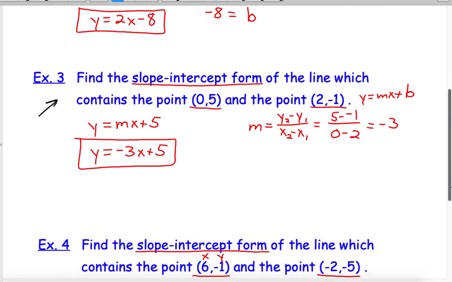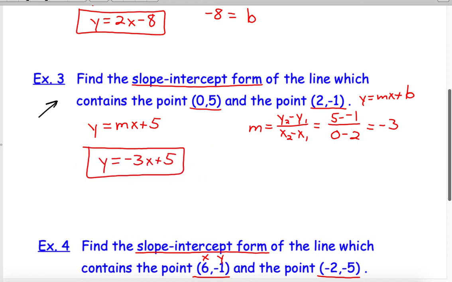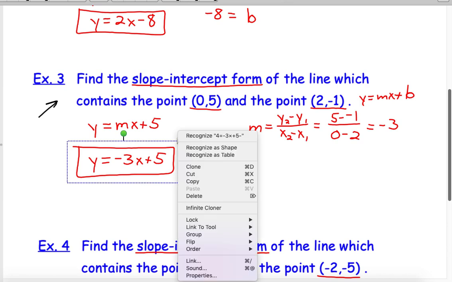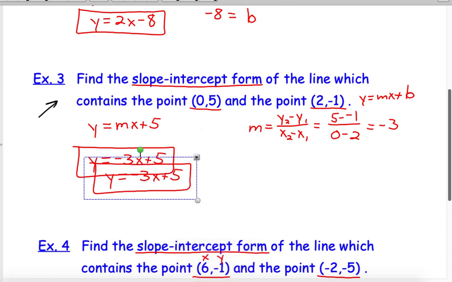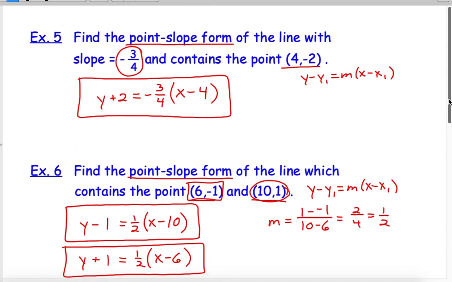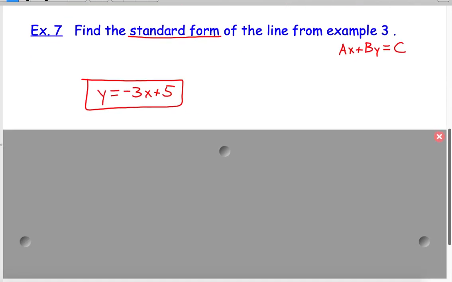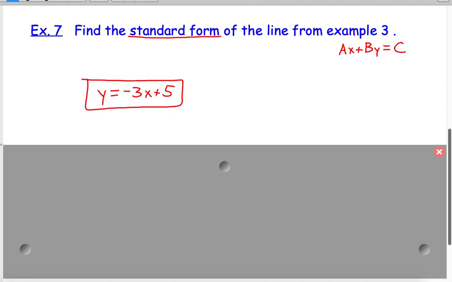Let's go to example 3. What was our answer? Here was our answer. Let's clone that and send it over here. There it is. Okay. And now what I have to do is just rearrange this